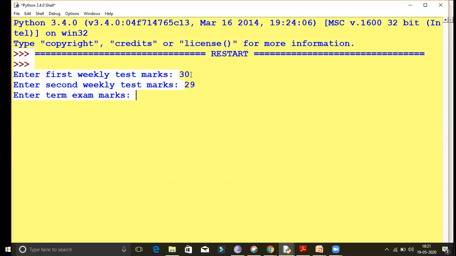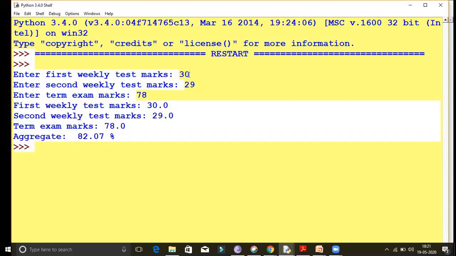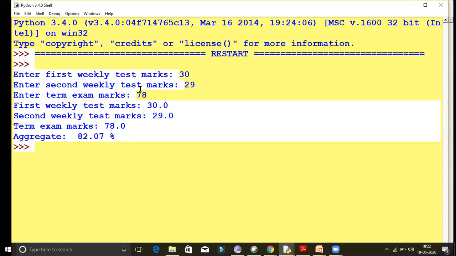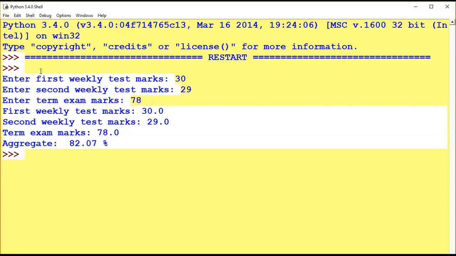Term exam, that is out of 100. After running, enter the first weekly test, that is 30 I have inputted here. Next I have inputted 29. Next term exam, that is 78 I have inputted.